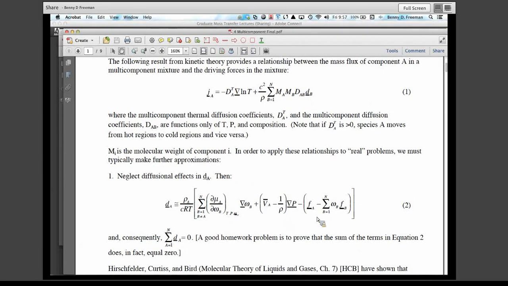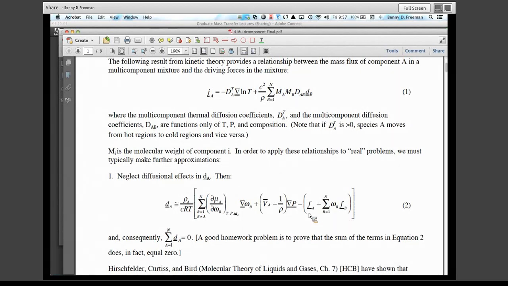The last term here, the species-specific body force, is how phenomena like electrically driven transport would enter, where if you apply a potential across an aqueous solution of sodium chloride, that causes the sodium ions to move in one direction, the chlorides in another, and largely nothing happens to the water. And so there we talk about species-specific body forces, these F sub A and F sub B terms, which can